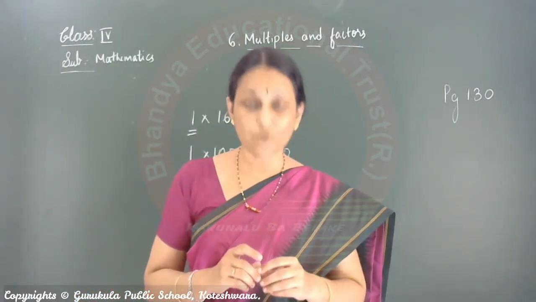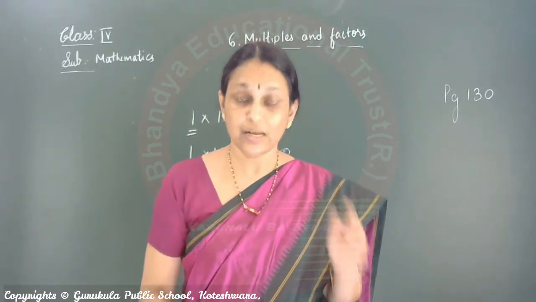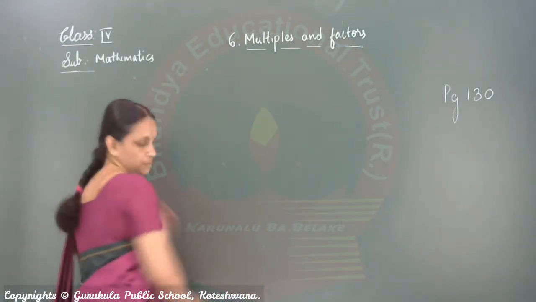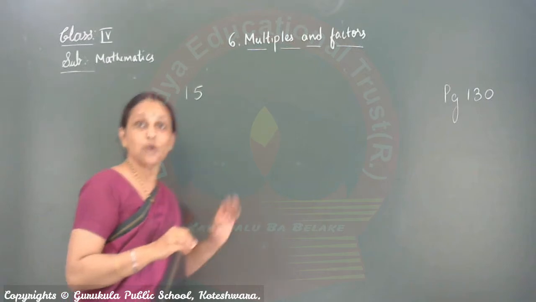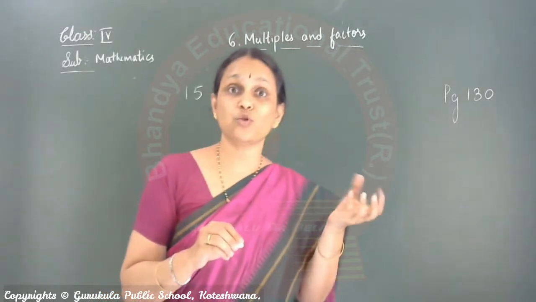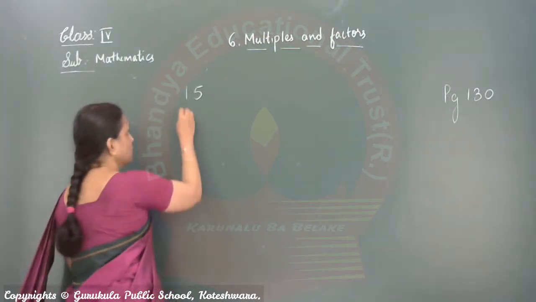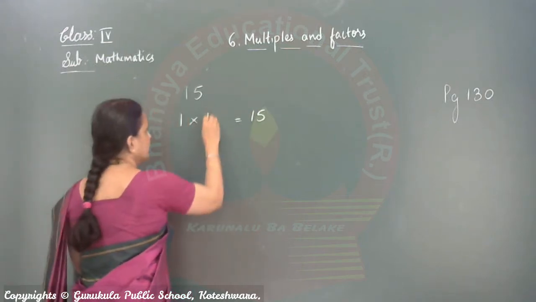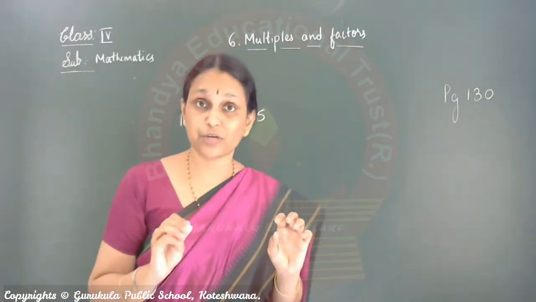Every factor of a number is less than or equal to the number itself. Let me explain with a different example. Suppose, let us take 15. We have to find all factors of 15. Means by which numbers when you multiply you get 15, that you have to find out. There is a way to find that. We will start with 1. 1 into what is 15? 1 into 15 is 15. In the 2 tables, will you get the answer as 15?